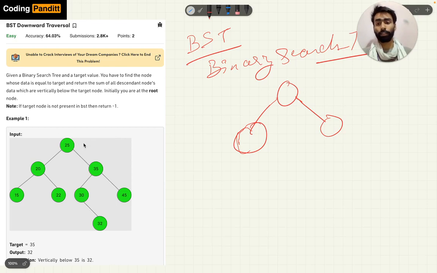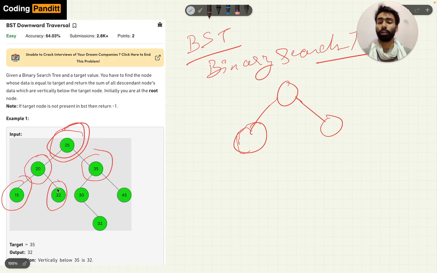As we can see here, let's say this one is the parent node, then its left child will have a lower value than the parent, and the right one will have a higher value than the parent. And each subtree in the BST should also be a BST. So here 15 has a value lower than 20, and 22 has a value higher than 20, and all of these should have values lower than this.